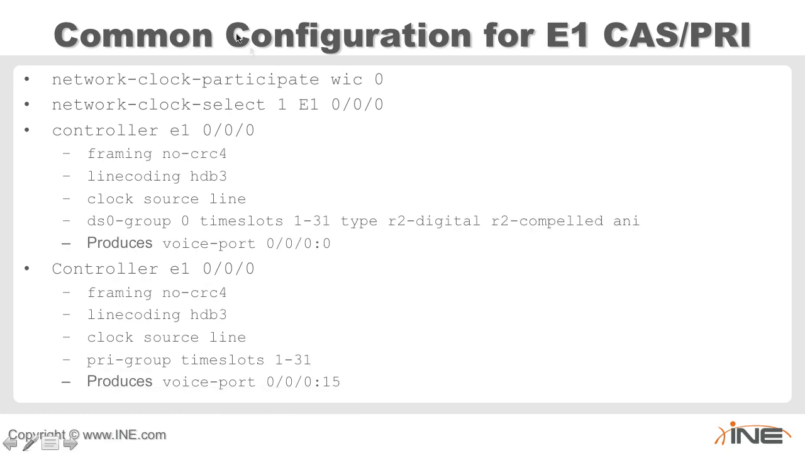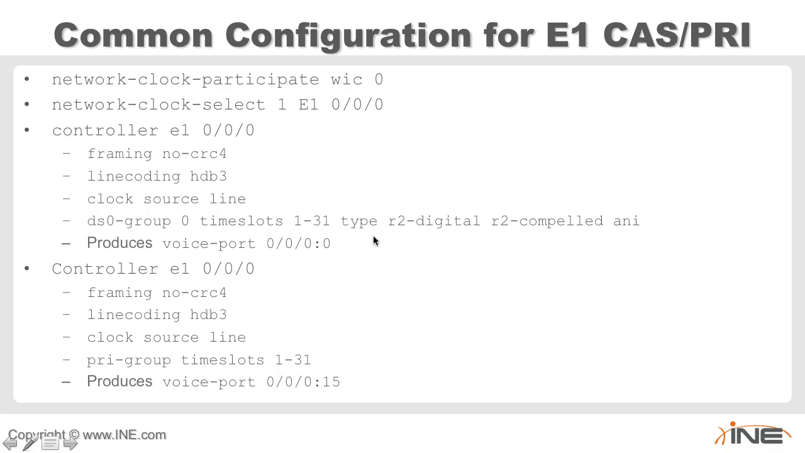Looking at common configuration for an E1, we still need network clock participate and select. So select the interface that I'm going to slave off of, that is going to be the master in terms of determining the clock, and then which interfaces will participate in that. I'm only going to really have one clock select, or at least I might have multiple, but only one at a time, the primary, unless it's down, but multiple interfaces will participate in that timing. So framing, most common is no CRC4, line coding HDB3, pull the clock slots, so group 0, 1 through 31, type